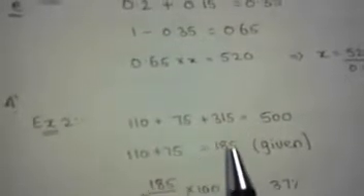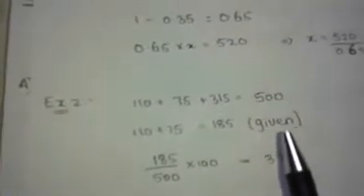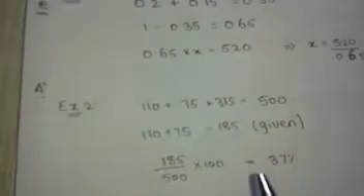In the question, he gave 110 cards to Allison and 75 to Suzanne. So the total would be 185. And the question is asking what percent of the cards he gave away. So the answer would be 185 by 500 into 100. That's 35% of the cards is what he gave away. Now let us have a look at another example.